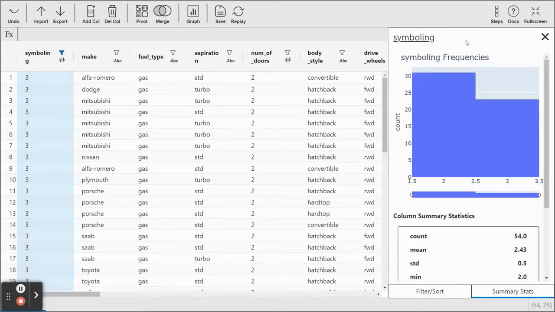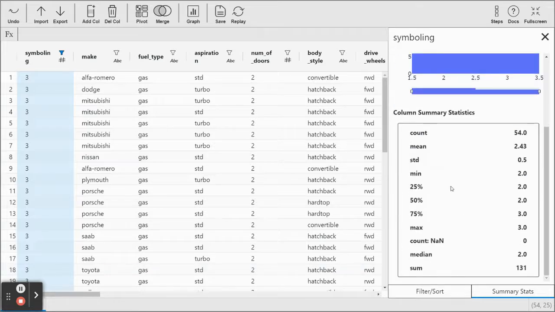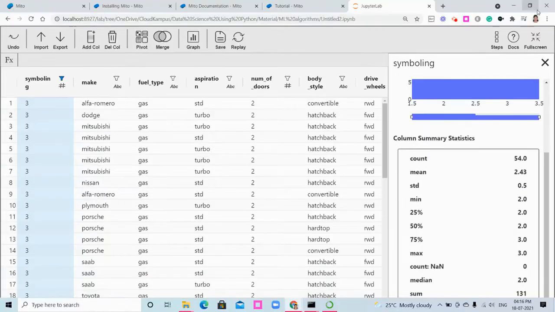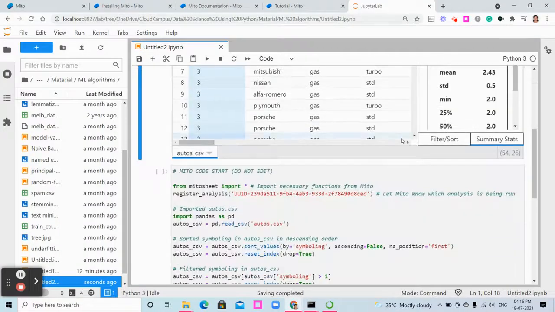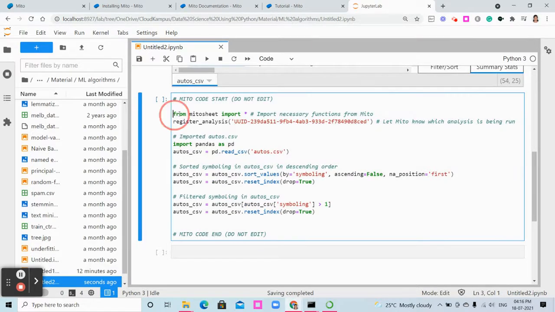Your summary statistics will be loading. You can see that for this particular column, the summary statistics show the count, the mean, standard deviation, minimum, and everything. If you exit the full screen, you can see whatever we have executed. We opened the auto.csv file, so it automatically generated the Python command for that.